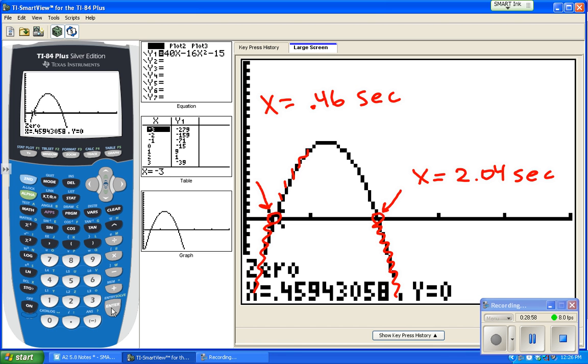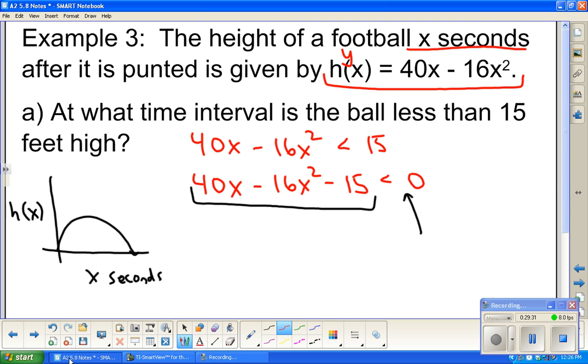All right, so again, this ball's flying. It gets to its highest point up here somewhere, starts coming back down, then just after 2 seconds, it gets back down to the 15 feet. And then after that time, it is below 15 feet. That's what our question asks. When is it less than 15? So the way we would state our answer, anytime before the 0.46 seconds and anytime after 2.04 seconds. That's when it's like underwater, under the x-axis down here. So I would write that as like 2 separate inequalities. I would say